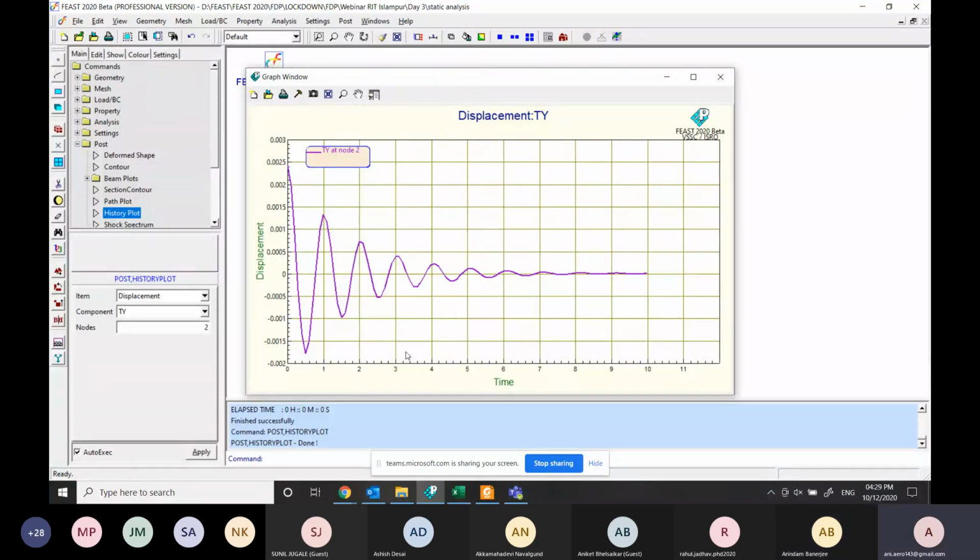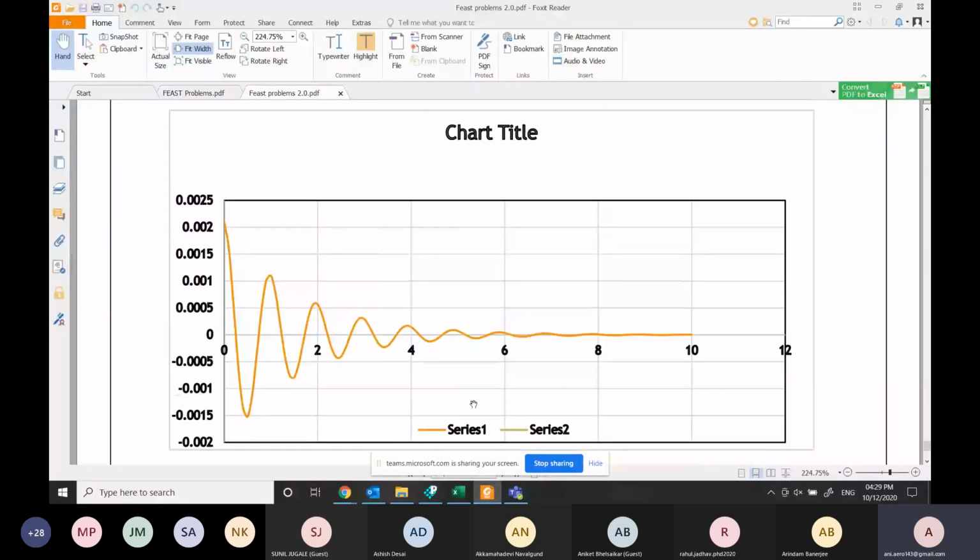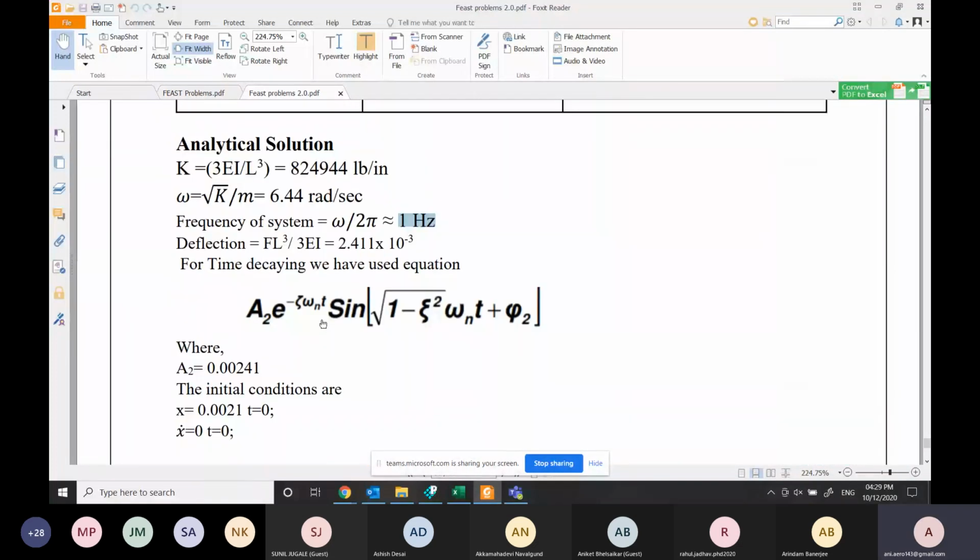Okay. So we calculated that natural frequency because here I'll just open the PDF. In this equation we have this omega n. To show what this omega n is, I have performed the free vibration. Yes, that gives the natural frequency of the body, of the cantilever beam. If we are not performing it, normally to avoid resonance when doing the transient analysis, I need to avoid that 1 hertz.